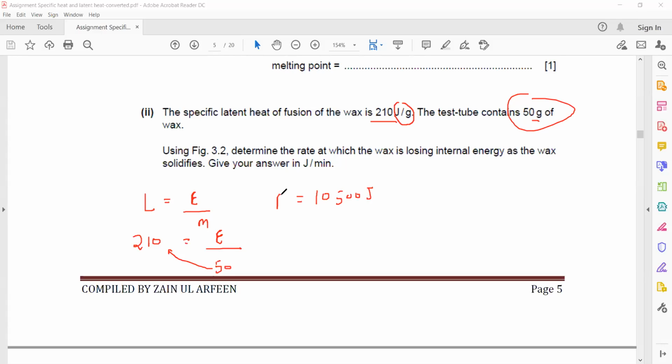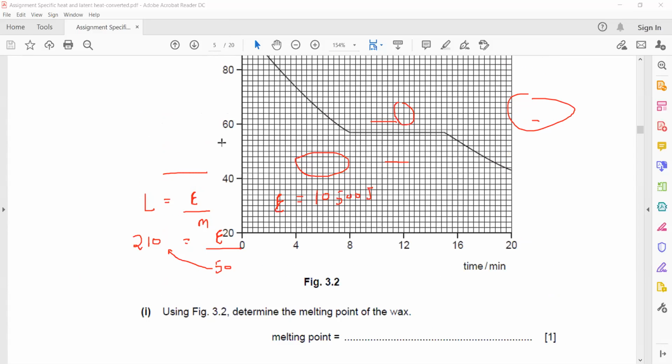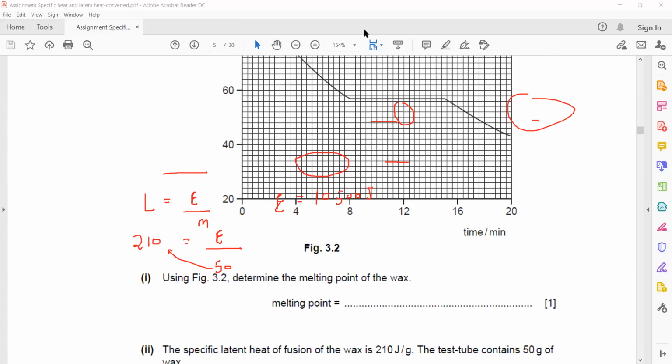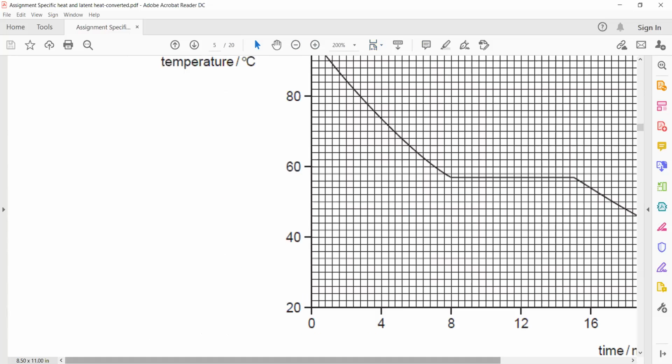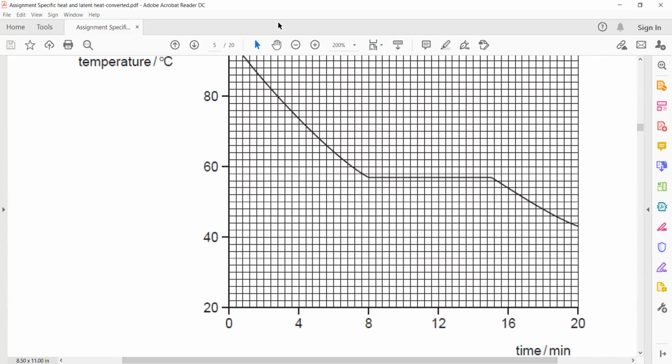So we got the energy. Then we need energy per minute. We got the energy, but we have to find the time for which it is changing state. Because the question is, determine the rate at which the wax is losing internal energy as the wax solidifies. So as it solidifies, how much time is it taking to solidify? This is the time at which it starts to change state, at 8 minutes, and it will continue to change state till